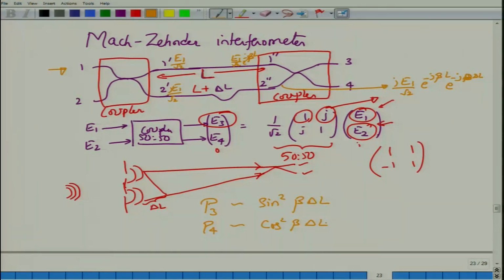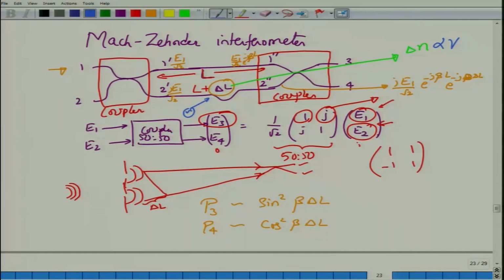You might question as to why we are actually constructing an interferometer while we could have obtained the same equations in the coupler case as well. The reasons are different. Although I have shown you that the path lengths are physically different, usually this delta L is achieved by a different means, that is, by changing the refractive index of this fiber. And you change this refractive index proportional to the voltage. So, you can actually put in a voltage source and then change the refractive index.